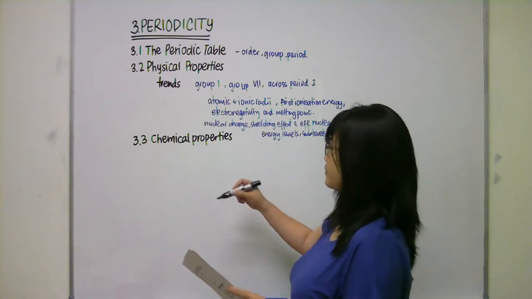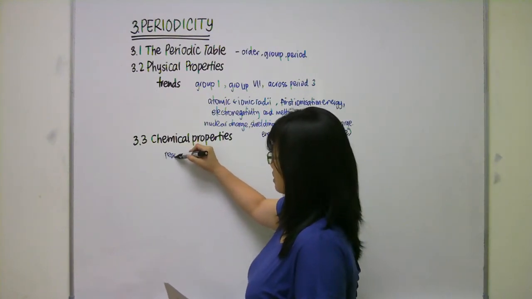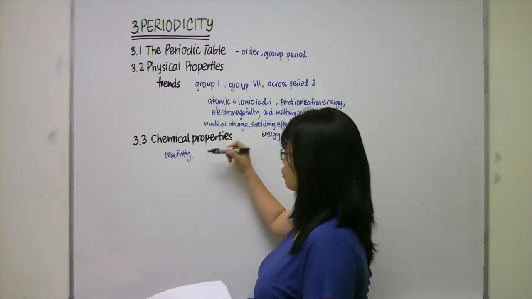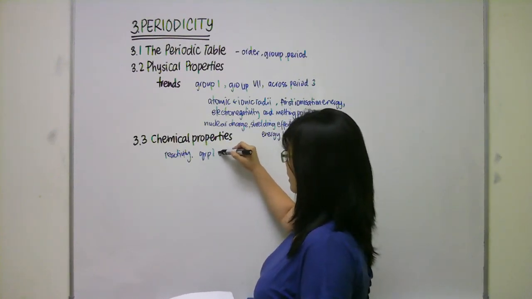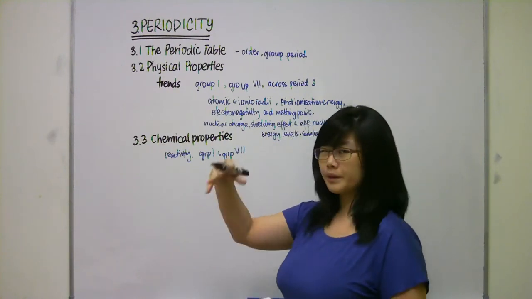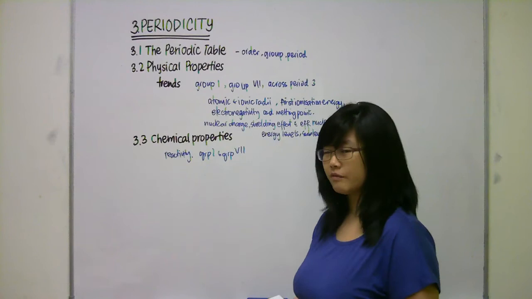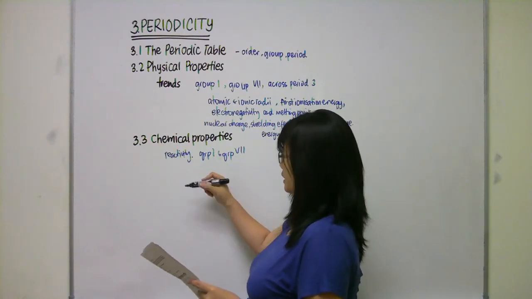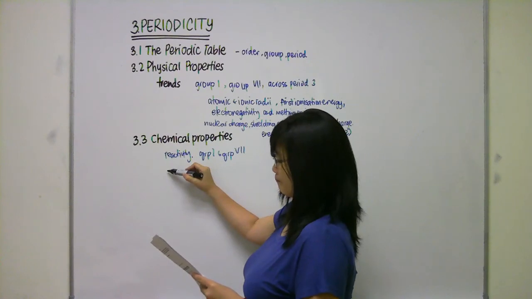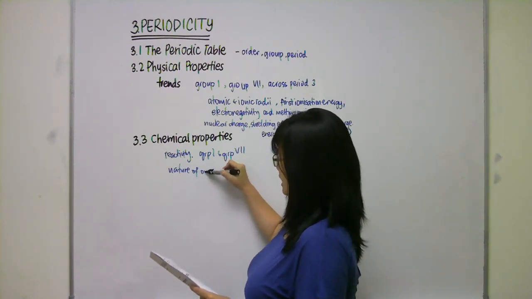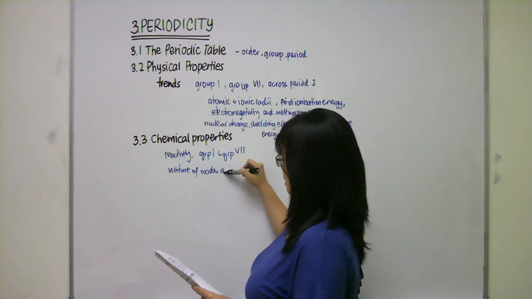Okay, so stuff about reactivity, mainly reactivity. So group 1 and group 7, down the group, whether they are becoming more reactive or less reactive and why. Okay, and then another thing that you're going to talk about here is the nature of oxides across